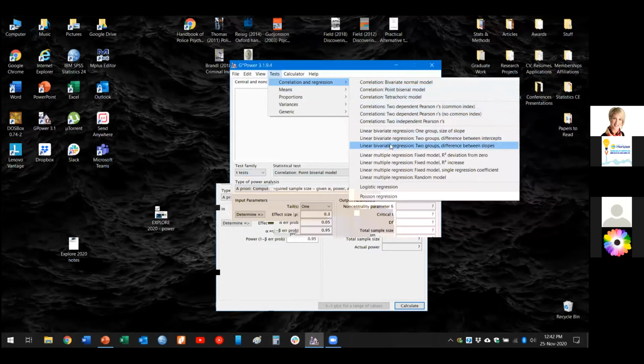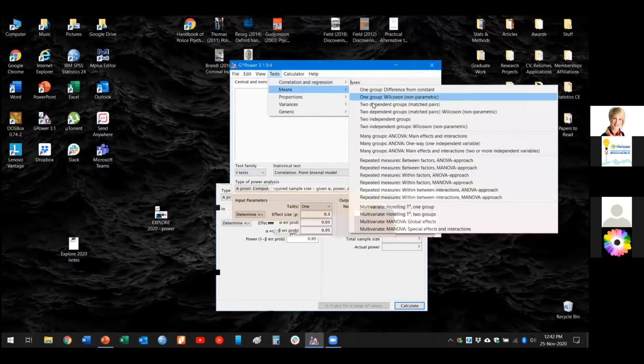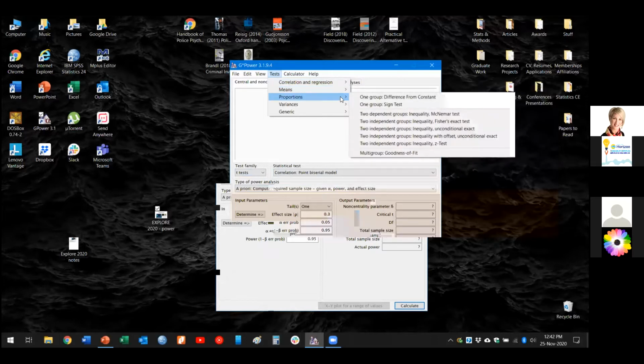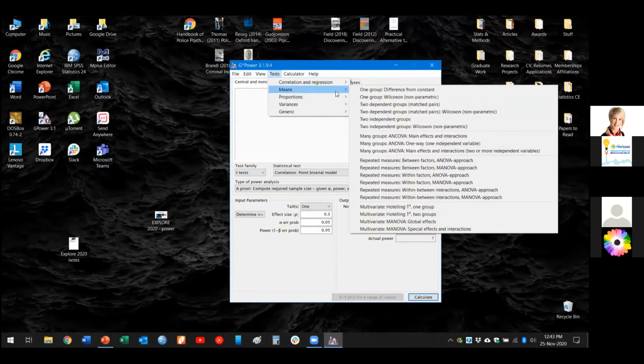You can do simple regression, multiple regressions, logistic regression, correlations. You can have a number of t-tests, ANOVA-based models, repeated models with interaction effects, multivariate models, chi-square, McNemar's, Fisher's exact test. But we will do a power analysis for a simple independent samples t-test. So that would be right here.